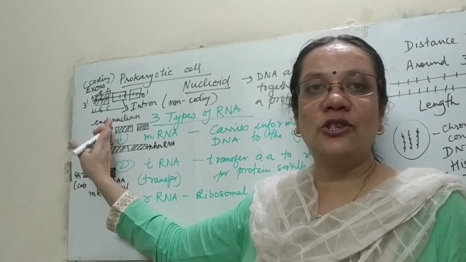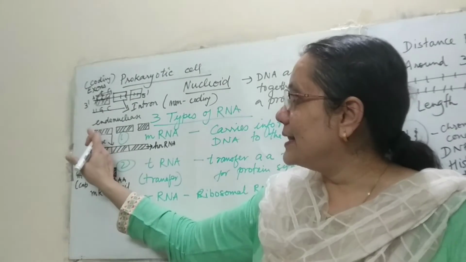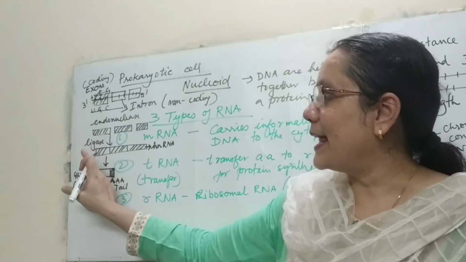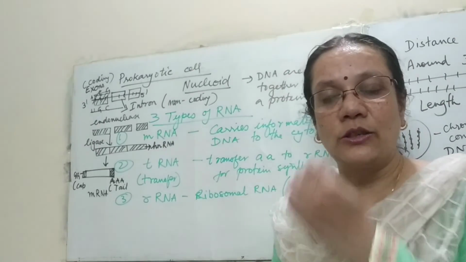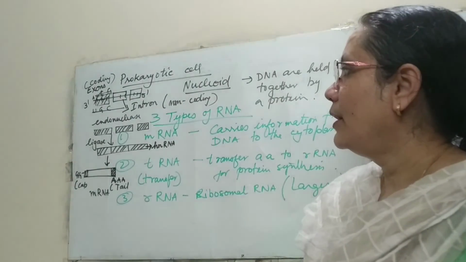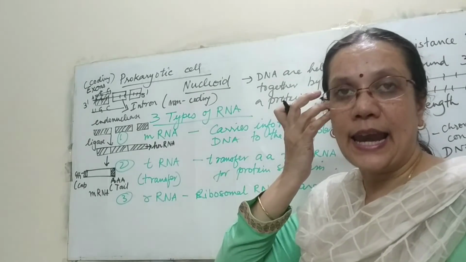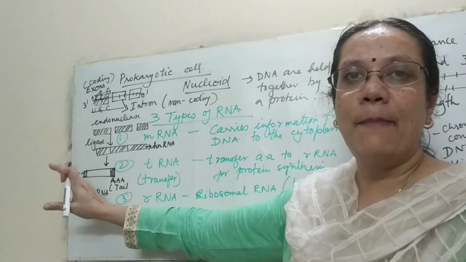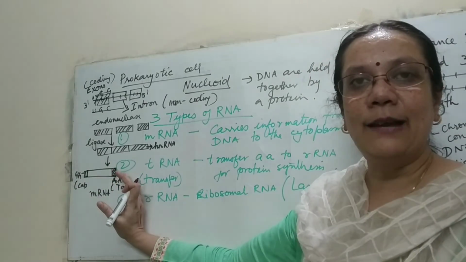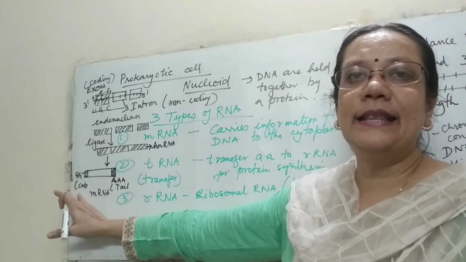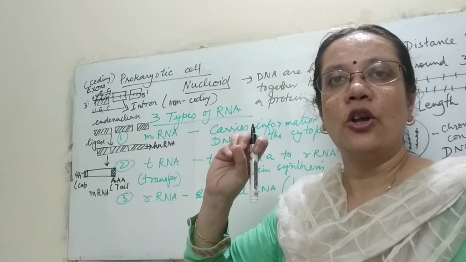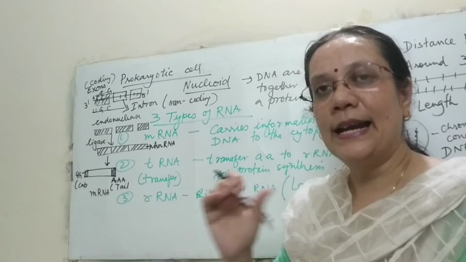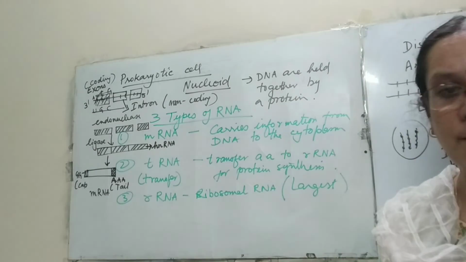And here which enzyme is used? It is endonuclease. Once the introns have been removed, the exons have to be joined together by an enzyme called ligase and the process is known as ligation. Now we get a heteronuclear RNA. Now this RNA is quite unstable. It has to be made stable by a capping process and a tailing process. In the capping, on one end there is attachment of guanine and on the other end there is a series of adenines which is known as the tail end. So in this way we get a mature RNA.